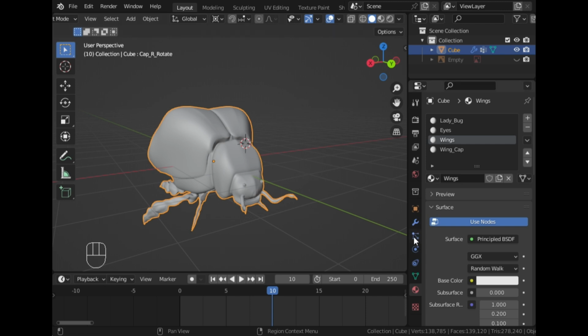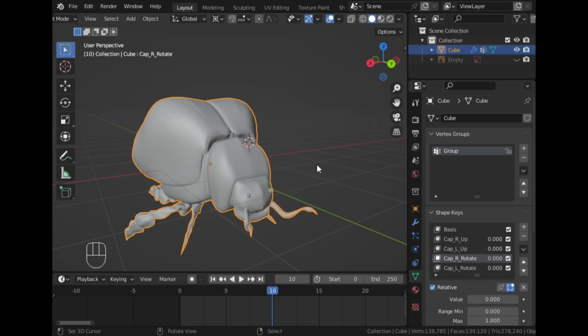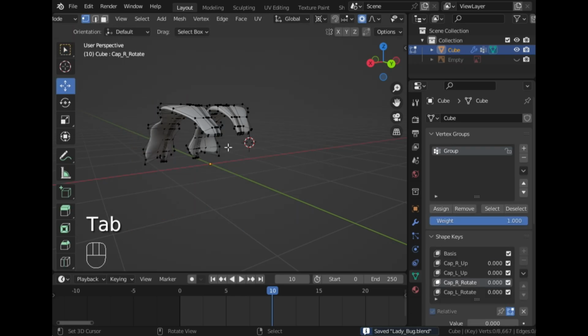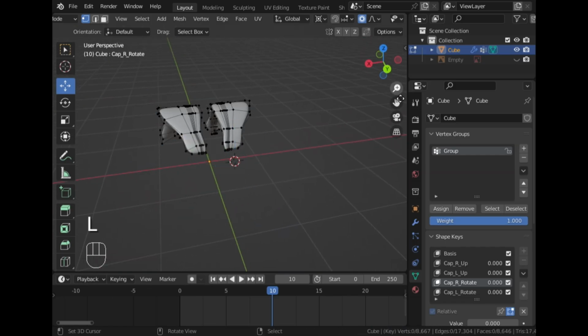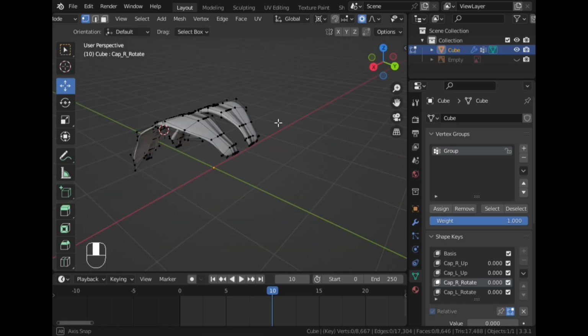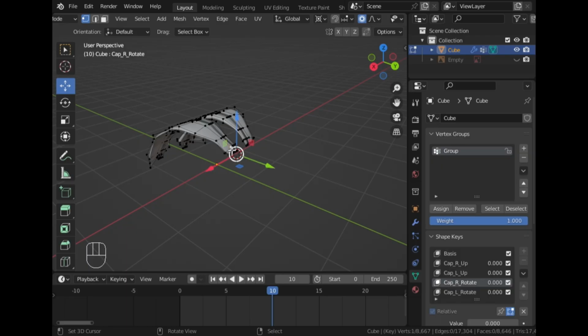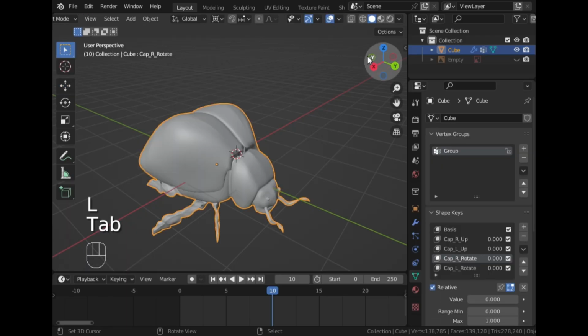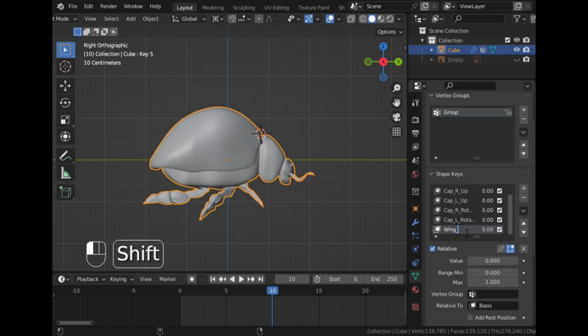So they will be hidden in the edit mode, and now we can add a few more shape keys for the left and right wing of this ladybug. So in the edit mode, I am selecting this right wing and placing the cursor at the origin of the wing over here, and selecting the wing, and then in the object mode, let's add a new shape key. So I'm renaming this shape key as wing underscore R,